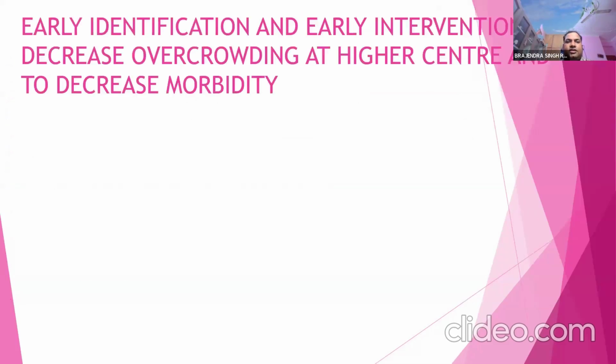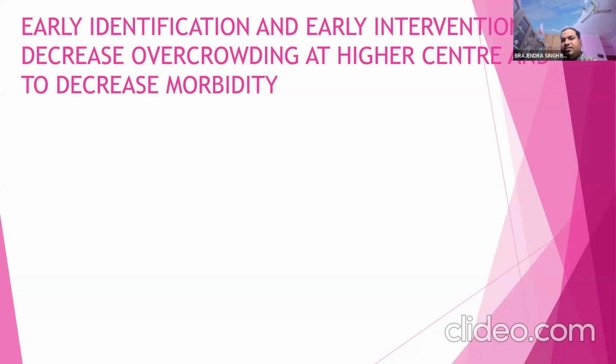So now the key point is early identification and early intervention to decrease the overcrowding at higher centers and to decrease the morbidity. अगर हम इस लेक्चर के बाद में उन चार्ट को यूज करके हम एनबीएसयू पे ही बच्चे को फोटोथेरेपी लगा दे रहे हैं और उसको एनआईसीयू और एसएनसीयू शिफ्ट नहीं कर रहे हैं, तो आज हमारा लेक्चर का पर्पस पूरा हो जाएगा।